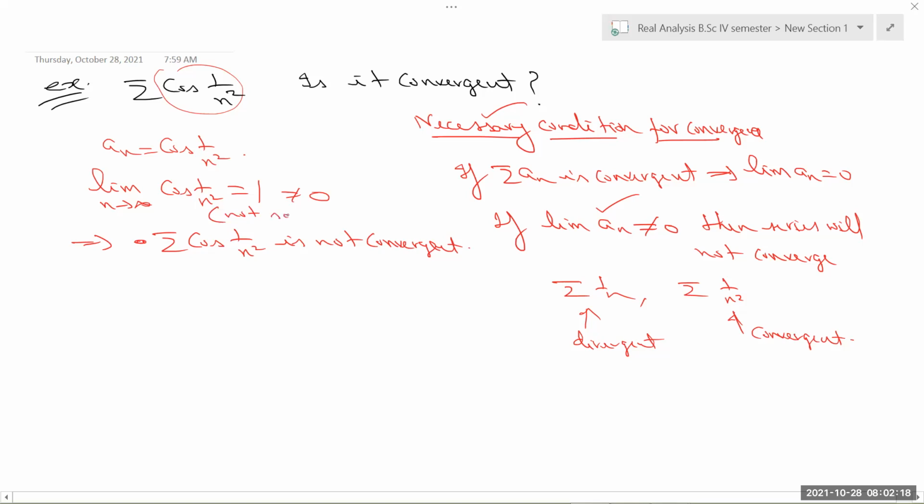Here basically P implies Q, so negation of Q implies negation of statement P. So the reason one can write here is not fulfilling the necessary condition. Because first of all, you have to check whether the limit of the nth term is 0 or not. If it is 0, then we will further apply other tests. The series may or may not converge, but if it is not fulfilling the necessary condition for convergence, then one can directly discard it. Next example.